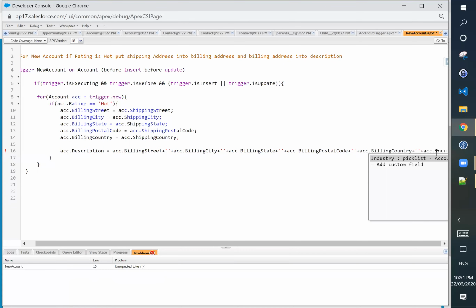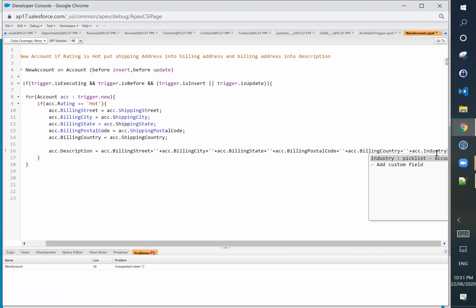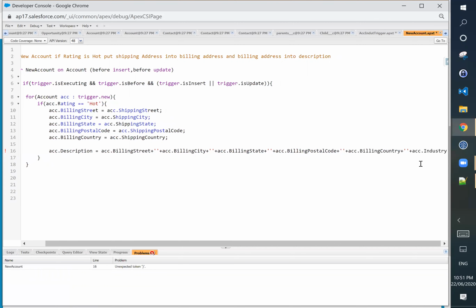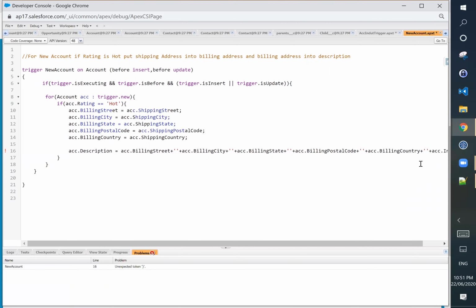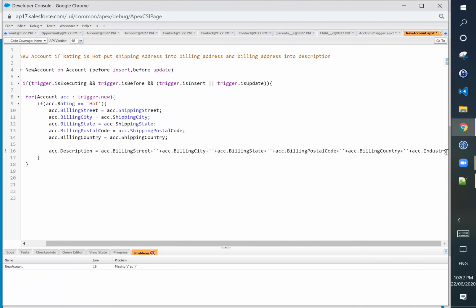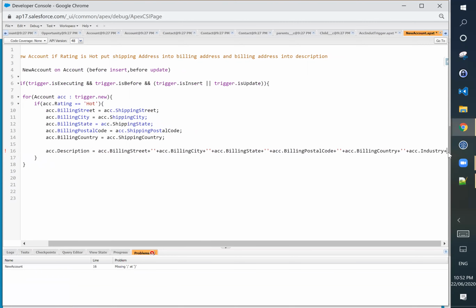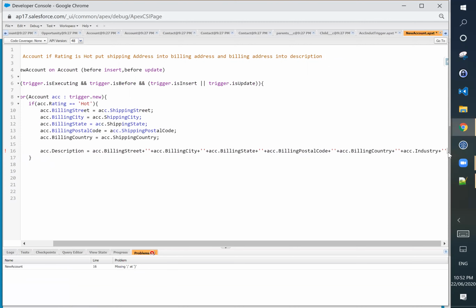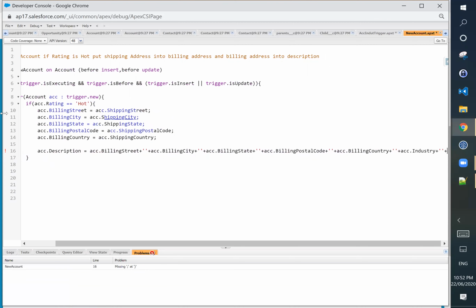I'm going to write that one. But I made a mistake at 15, 16. Now again. Account rating.